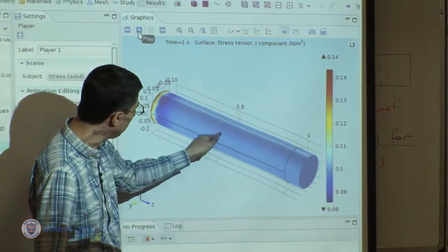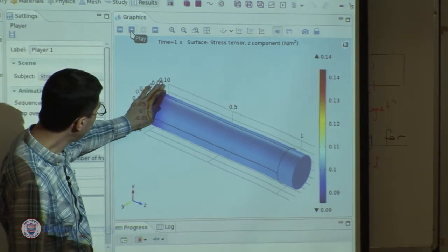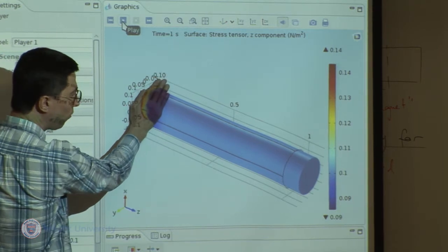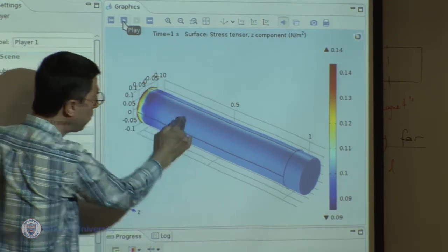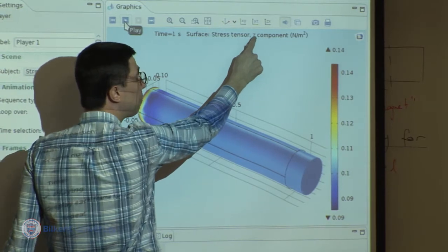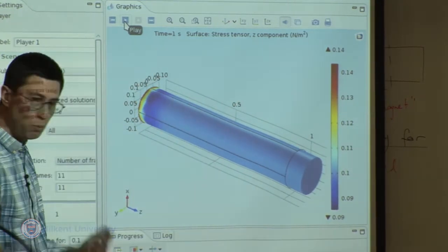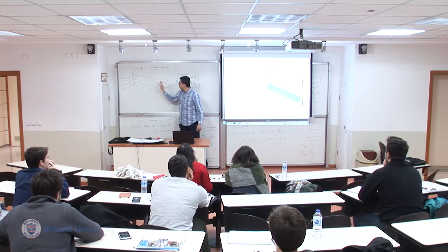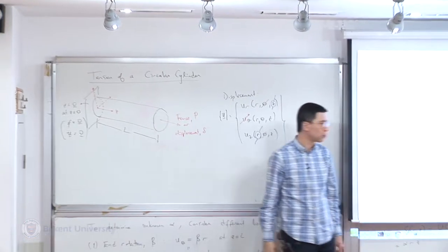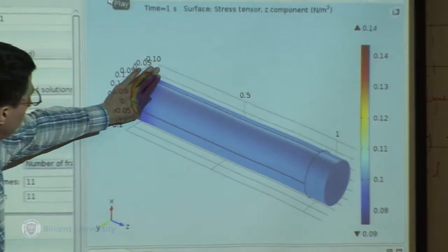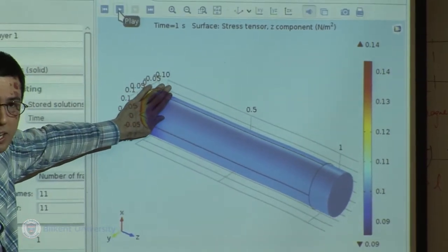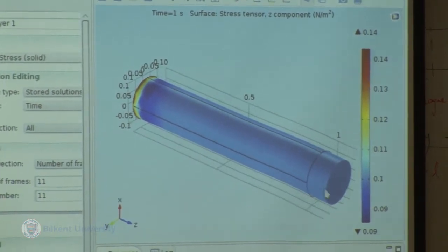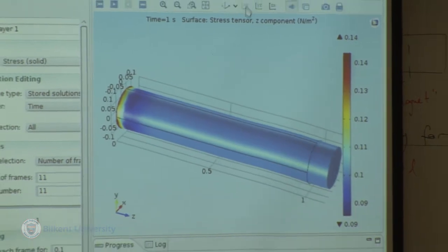But you see that it doesn't even have to be 10 times more. It's hard to hide it because it's projecting on my hand. But if you don't see this part, the solution is pretty uniform. What you're looking at is sigma z. We expect in this problem the normal stress to be uniformly distributed on the cross section. So if you look sufficiently far from the end, that's the picture you see, but not near the end. What happens near the end is, as we have discussed,